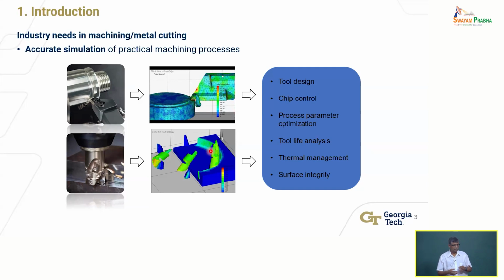They're using it for designing chip control geometries. Obviously, chip is quote unquote waste material, right? I mean, it's material that is removed. It's not waste in the sense that today you want to recycle as much of that as possible, right? And in the aerospace industry, almost 95, 96, 97% of the volume of metal is machined away, right?